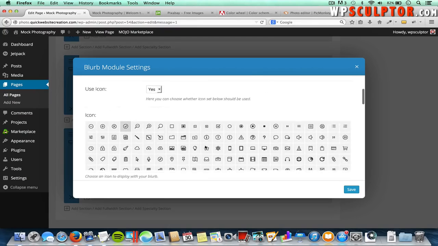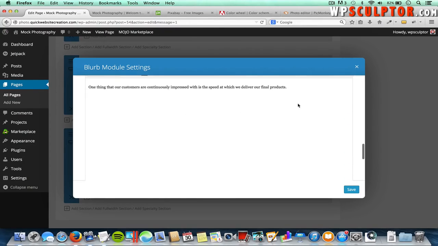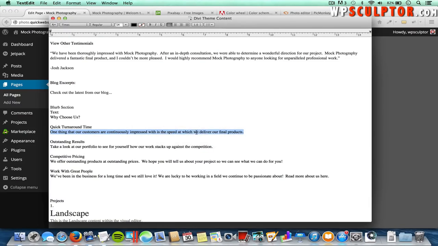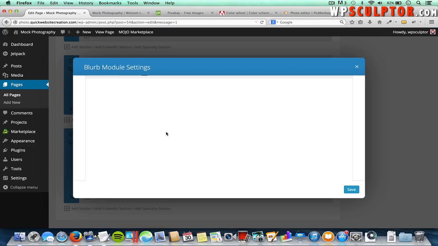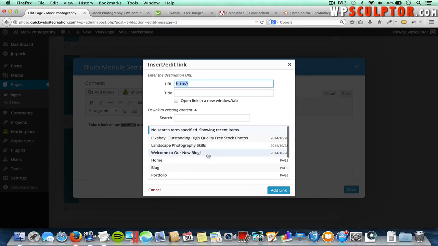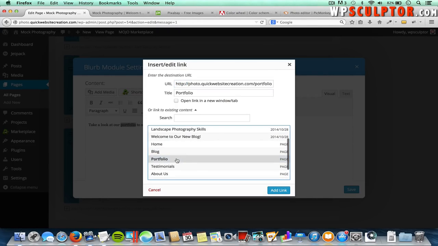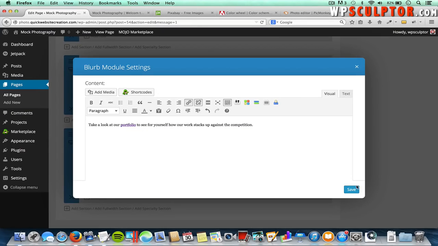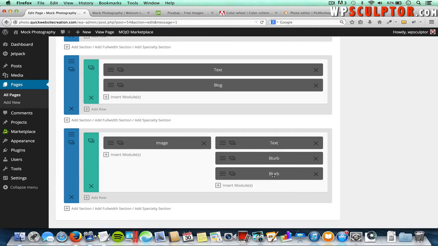Scroll down to the content section and select this, remove that, copy and paste this content in here, and then I'm going to make portfolio a link to my portfolio page. Select that, click on the link icon, and click on the portfolio page, click on Add Link. We'll save that, and then I'm going to duplicate this blurb